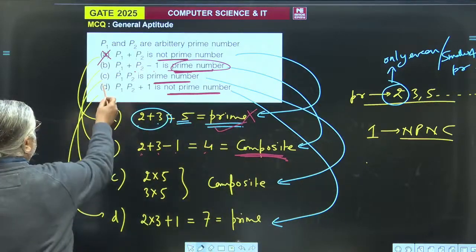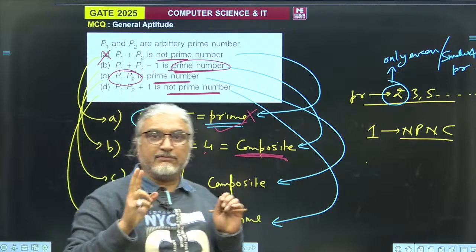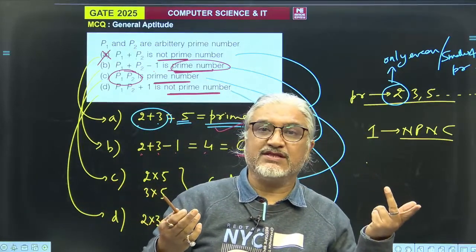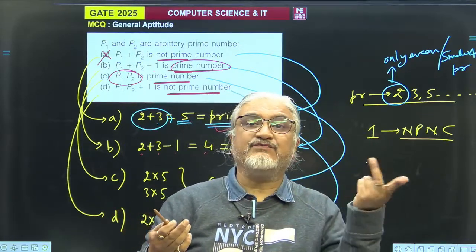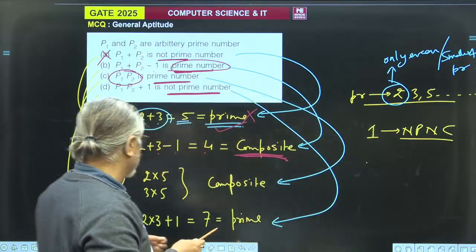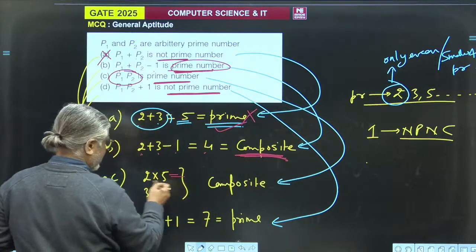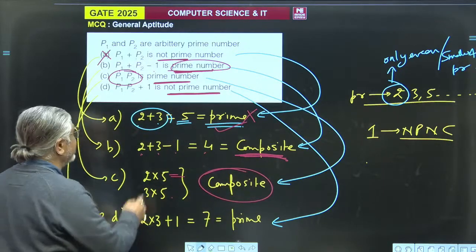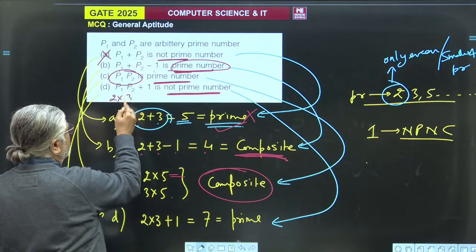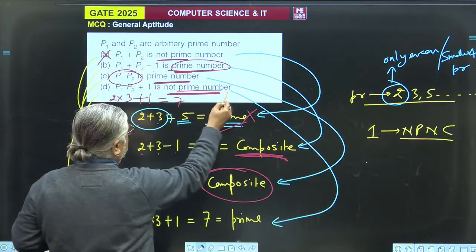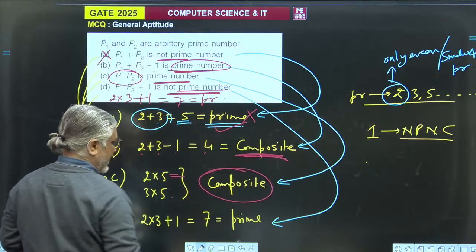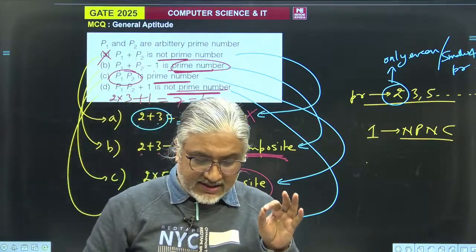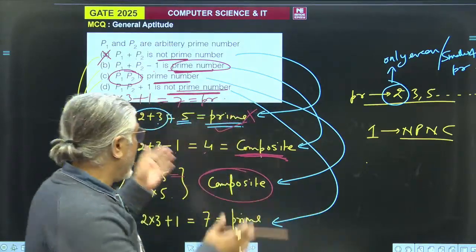एक भी वैल्यू के लिए फॉल्स है तो फॉल्स है, राइट। P1 इंटू P2, भैया दो नंबर का प्रोडक्ट हो रहा है, इट हैव टू बी कंपोजिट इफ इट इज द प्रोडक्ट ऑफ 2 प्राइम नंबर। 2 into 3 6, or anything, 3 into 5 15, it will have more than 2 factors। 10 के 4 फैक्टर आ गए, 15 के कितने फैक्टर आ गए? 4 फैक्टर आ गए, इट्स अ कंपोजिट नंबर, राइट। और यहां पे कोई भी वैल्यू ले लो, 2 into 3 5 plus 1 7 is not a prime number, no, it can come out to be a prime number। So according to ABCD options, all of them are coming out to be false।